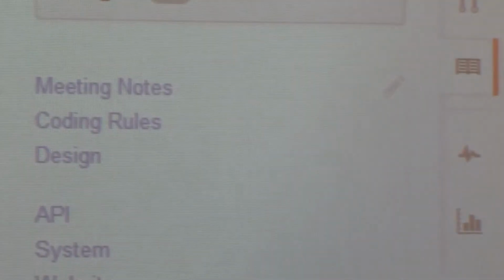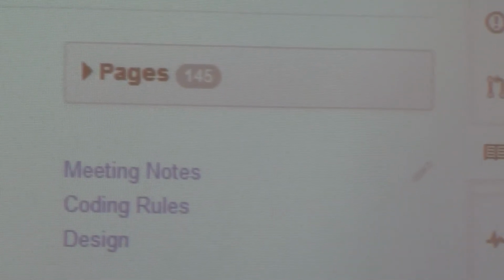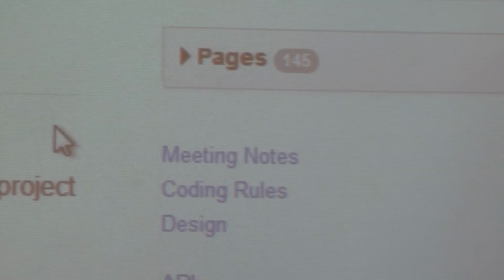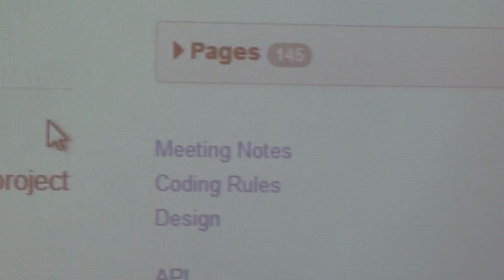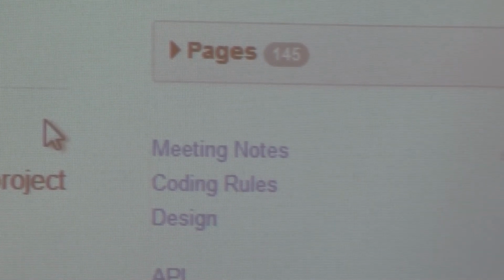The other one that we use a lot is the wiki, and that's probably more than 45 pages. How many pages? 145 pages now. It's a really good place to put documentation, as opposed to, for example, putting a Word document on the repository itself. You have to keep track of versioning that, and